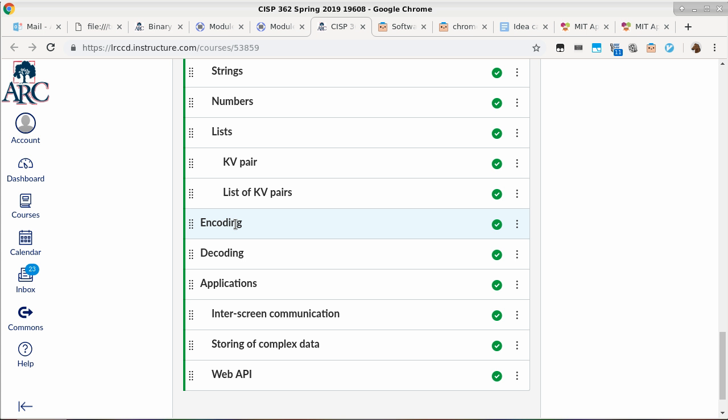So now we're moving on to applications of why we want to look into something that seems to be kind of complex and unnecessary. The first one is kind of important because most of your apps are not going to be single screen. Most of your apps will have multiple screens.